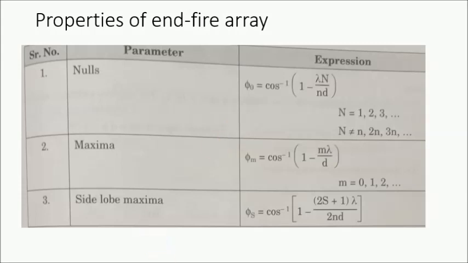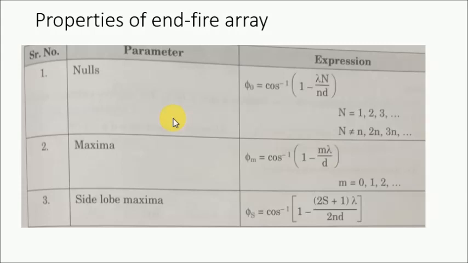In simple words, I can say that the end-fire condition results when phi is equal to 0° or 180°, which corresponds to alpha equal to minus beta d or plus beta d, and such arrays for which alpha is plus or minus beta d are referred to as ordinary end-fire arrays. So if I put alpha equal to plus or minus beta d, the resultant is nothing but the end-fire array, and the characteristics of the patterns can be obtained by simply putting alpha equal to minus beta d.